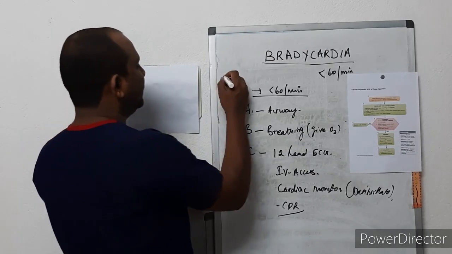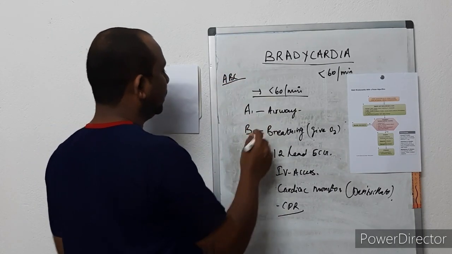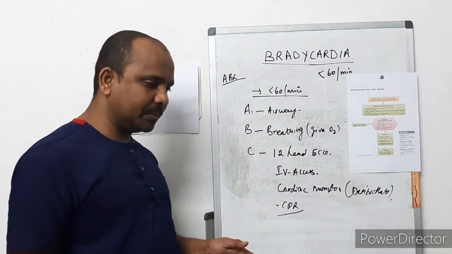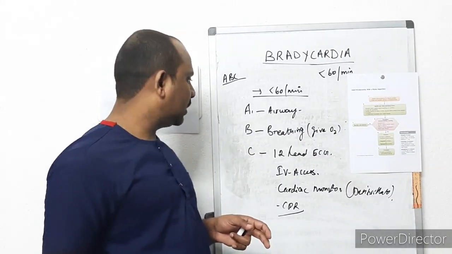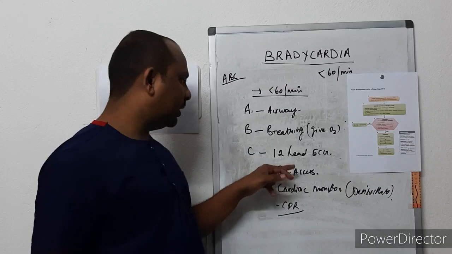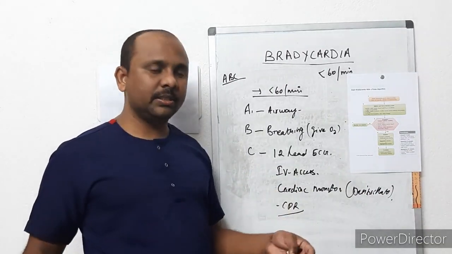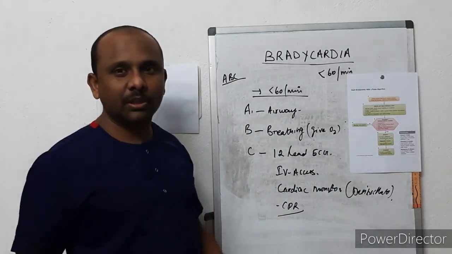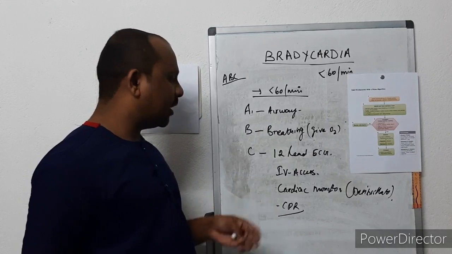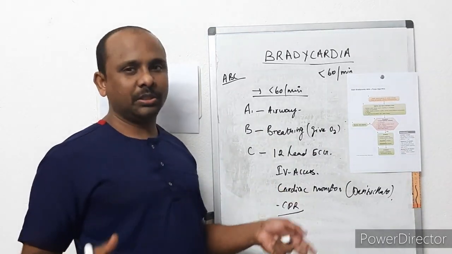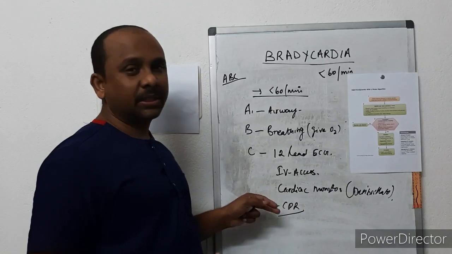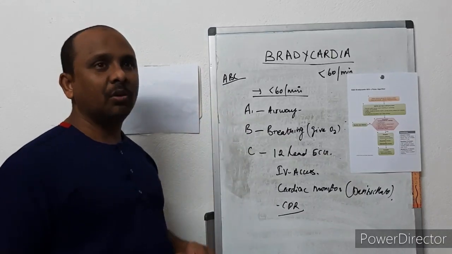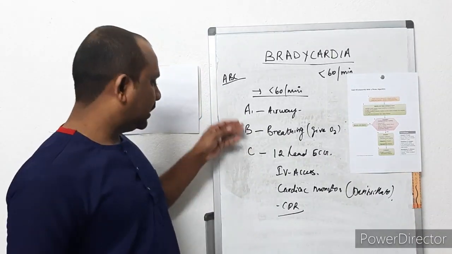Now we know the ABC approach, right? Support the airway and breathing; stabilize the breathing, support it if required, and give supplemental oxygen. Connect for the 12 lead ECG, take it and analyze the severity of the disease. Get the IV access, this is the lifeline, and draw the samples for blood investigations. Next, the cardiac monitor: attach the defibrillator for continuous monitoring, then prepare for CPR. So these are all the things we have to do, right?